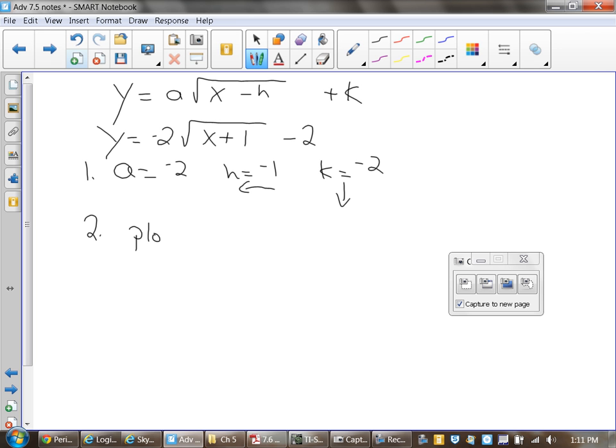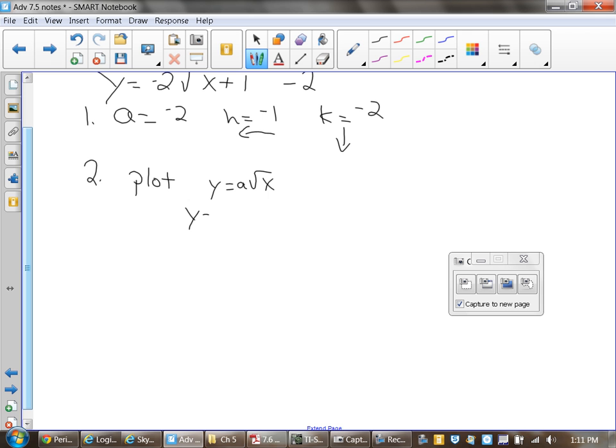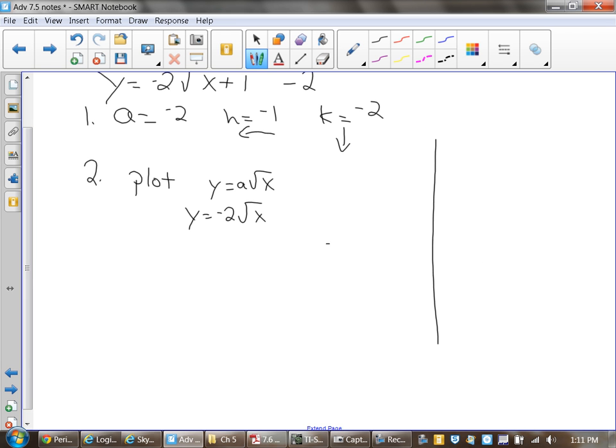We're going to plot the parent function. The parent function is just the a root x, and in this example, my a root x is negative 2 root x. So I start by plotting that, just like we did a second ago. I'm going to use those 3 points, 0, 1, and 4, as my x values to try for my domain,